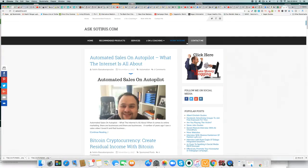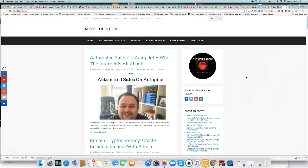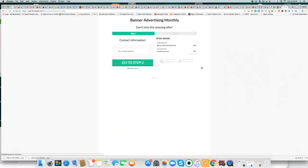So what I've done is I've made a wee button. When somebody clicks it, like here, "advertise here," if I click this, it opens up my shopping cart, right? So people can do banner advertising on my website for like $35 a month. So they can put their banner ads. All they would do at this stage is put in their information,